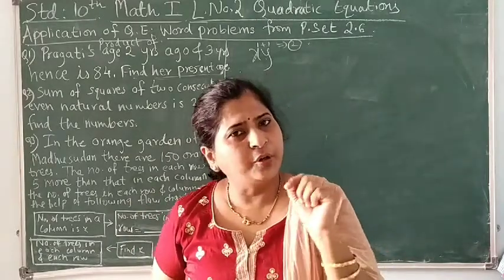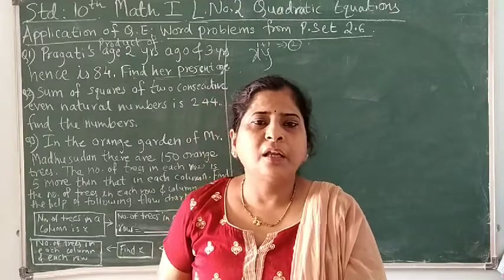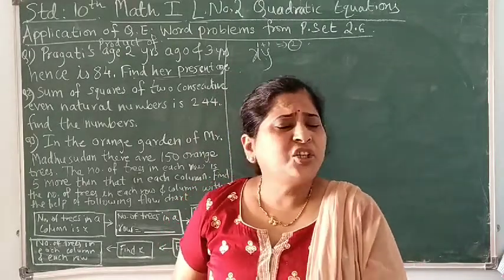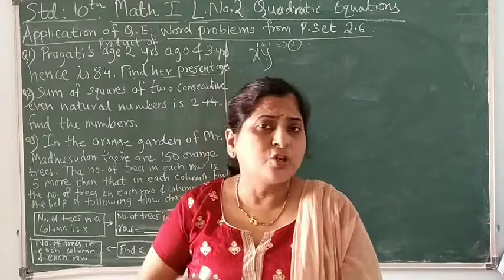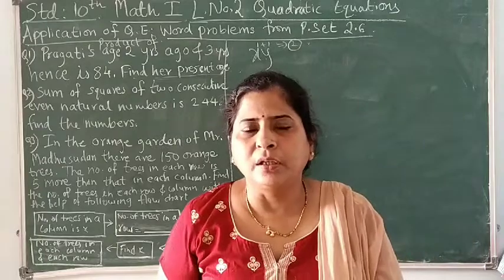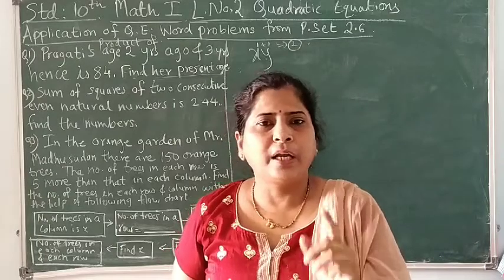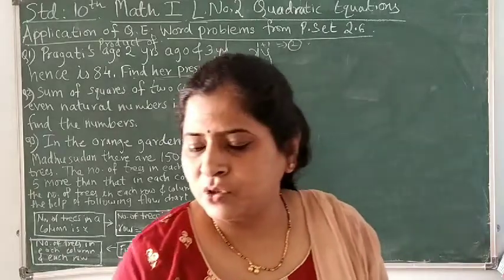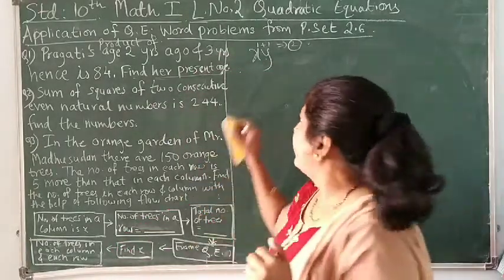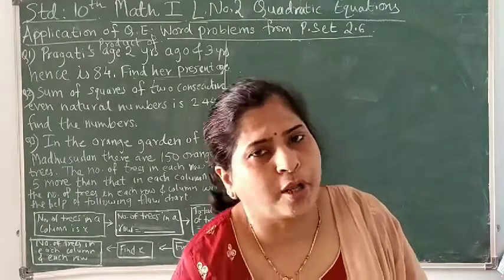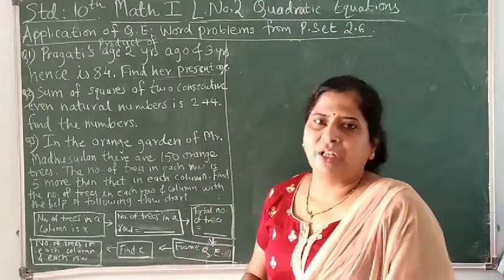And whenever we are going to get a quadratic equation, we have to take only one variable. Initially, if you have taken 2 variables, you have to convert one variable into the other. But finally, we have to get one quadratic equation in one variable. So this is the tip, my dear students, that you have to understand. Wherever a situation comes with a product, we have to take only one variable.